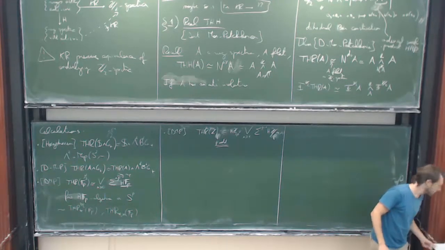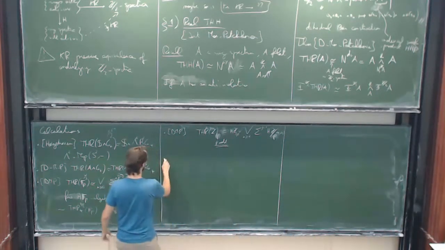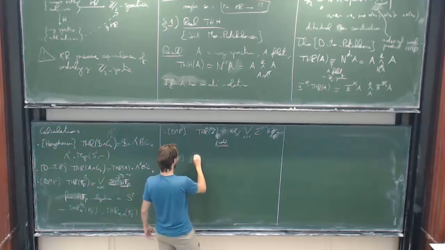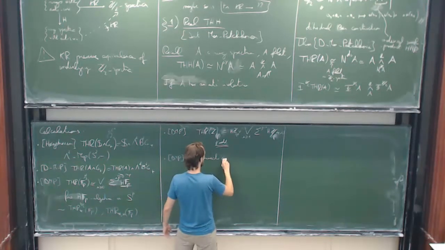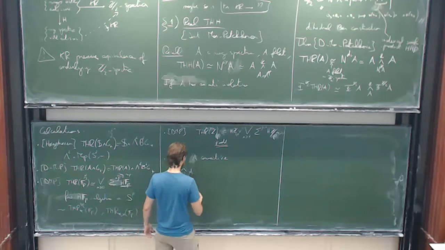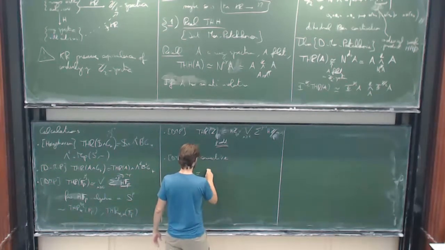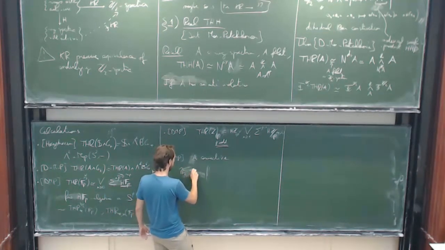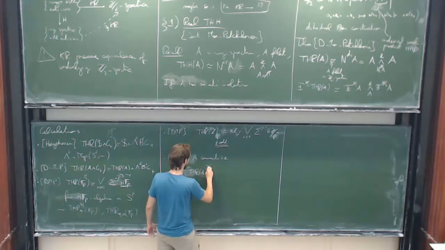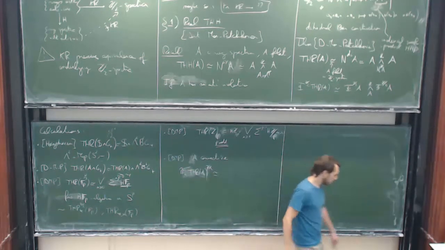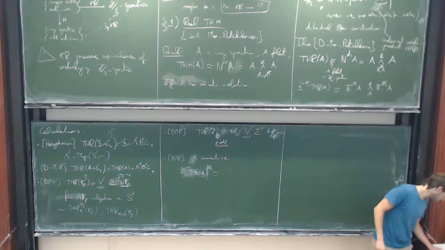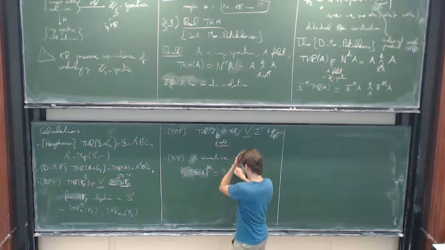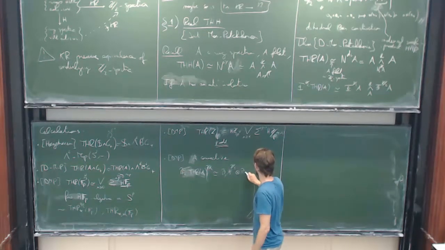And finally, actually maybe I should have started with this one. There's a really nice calculation. Is that what happens in pi naught? If A is connective, pi naught of A is equivalent to, sorry, pi naught of, what am I talking about? Pi naught of real THH of A, Z mod 2. This is equivalent to pi naught of the fixed points, tensor pi naught of the fixed points,